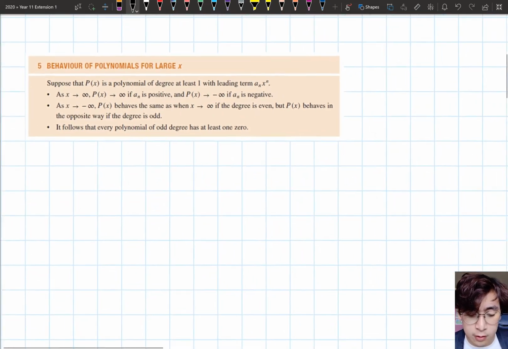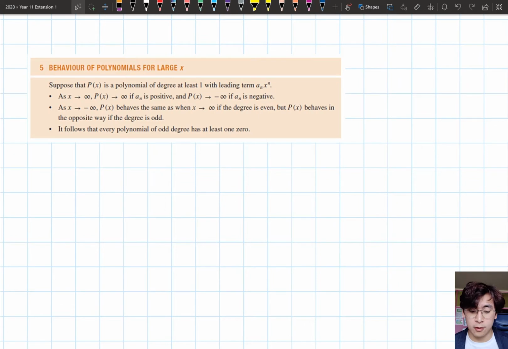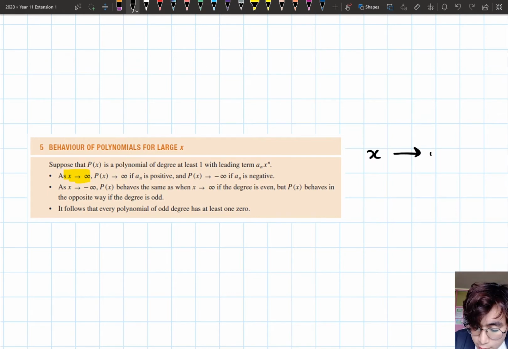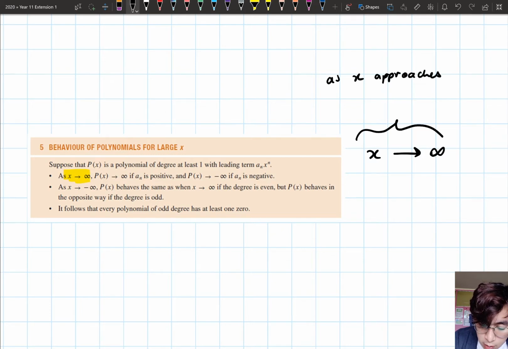Now, this first box looks at the behavior of polynomials for large x. And what we need to look at is this notation that you see over here, where you've got x arrow infinity. What this arrow tells me, in words, is, let's break this whole thing down. This whole thing here actually says, as x approaches infinity. As x approaches infinity, or as x goes to infinity,